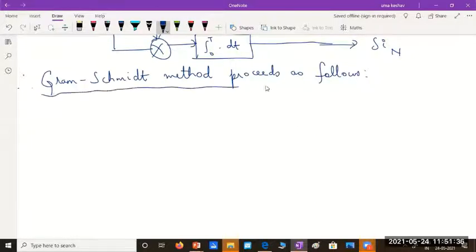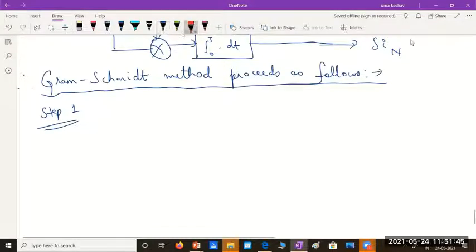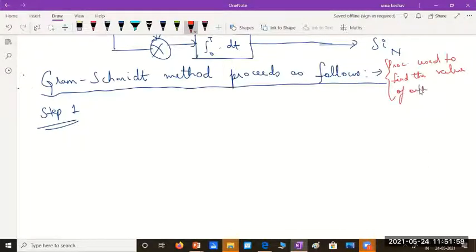So what is this Gram-Schmidt procedure? This is a procedure to help us understand here. It is a procedure used to find the orthonormal basis functions and the coefficients